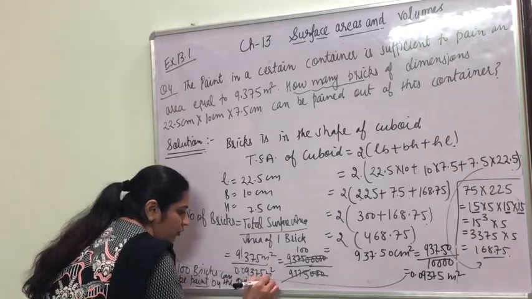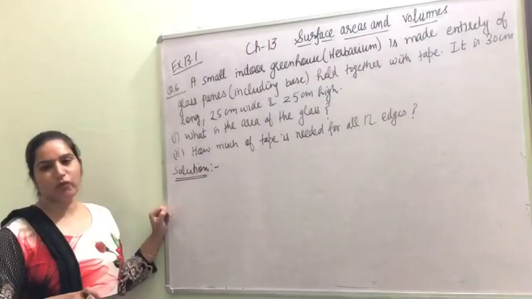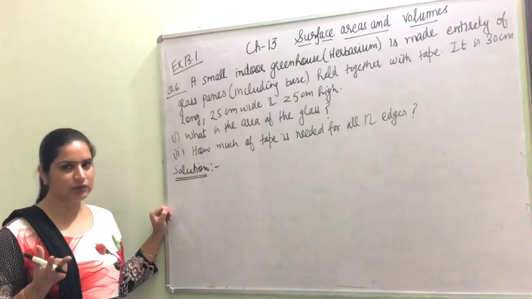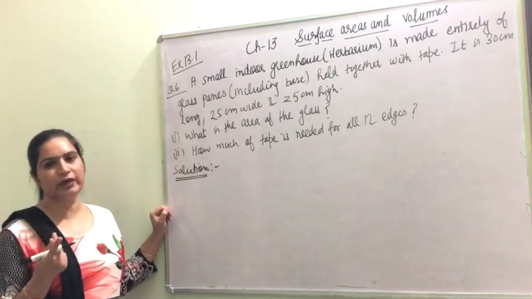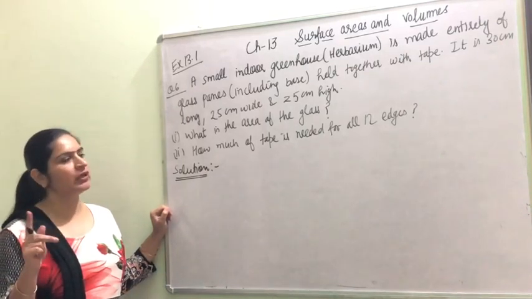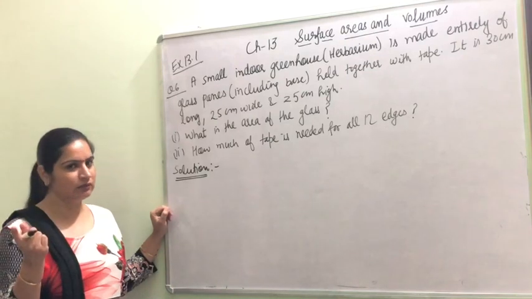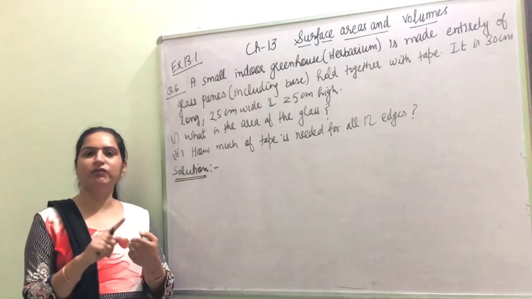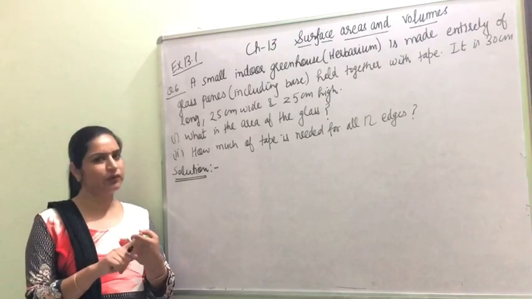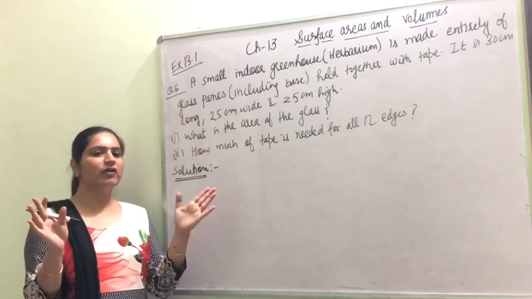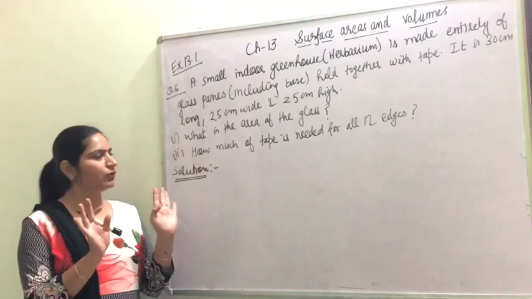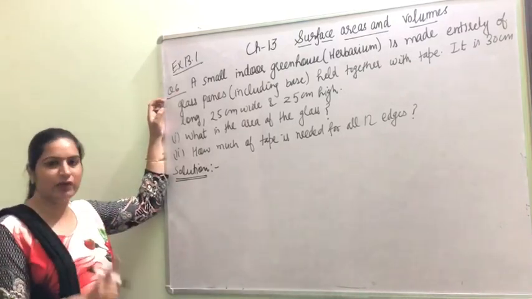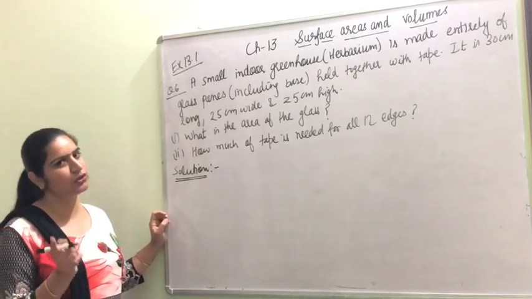Now, next question. The fifth question, now we are not doing. The question is very easy, only comparison is there. In cube and cuboid, we have to do the comparison of the lateral surface area and total surface area. Cube is given in the fifth question, cuboid is given, we have to find lateral surface area and total surface area. You all are aware how to find the lateral and the total surface area. Now we are doing question number 6. Fifth, I haven't explained, but you have to do the question yourself.